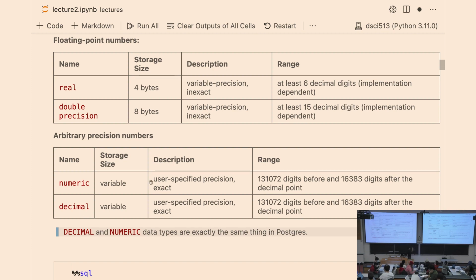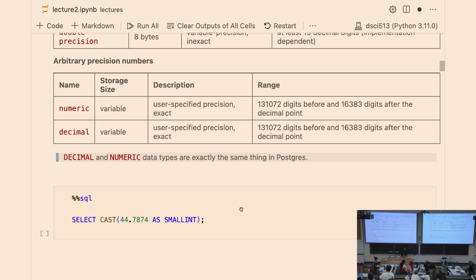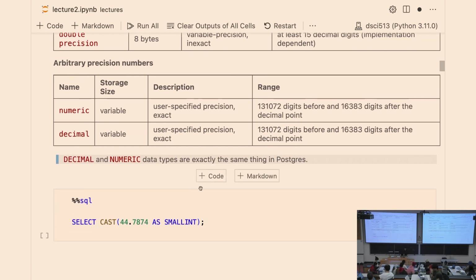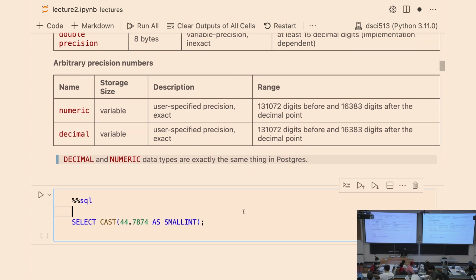We have two names for the same data type because of compatibility between the SQL standard and what Postgres implements. So you can just stick to numeric. With numeric, we can specify the precision that we want, and I'm going to show that to you in a second. But before that, let's just quickly look at integers and then floats, and then we'll get to the numeric